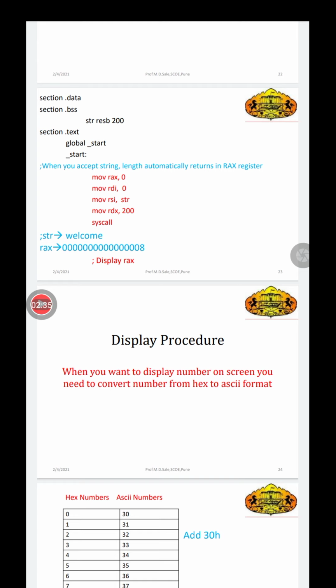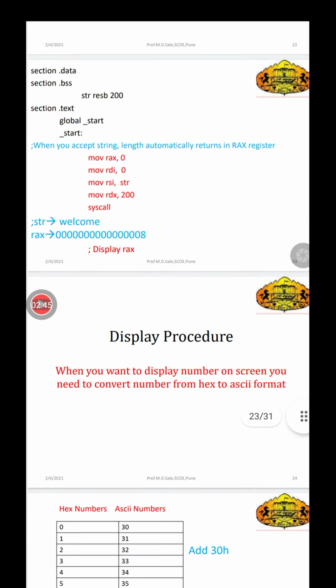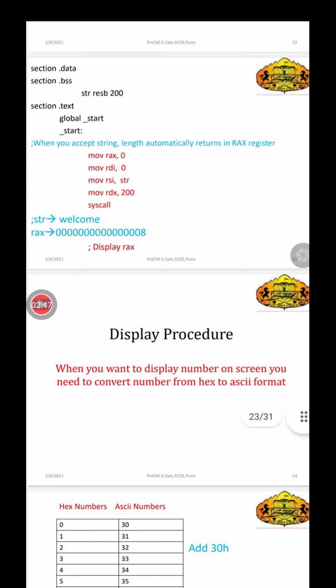In the first practical we have seen how we use the read system call. Now see, whenever we enter any string, the length of this string is returned in a register, and this particular register is the RAX register. Now what is RAX? RAX is a 64-bit accumulator. So the length of the string is returned in the RAX register.